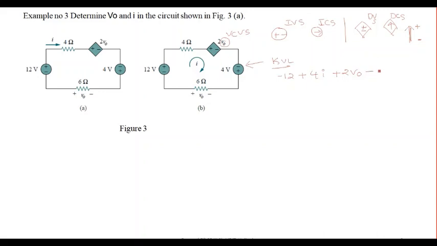And next what we have is minus 4, and here you have two options. Since polarity is mentioned, we can write minus 6I, or you can even consider it as minus V0 also. Okay, if you include minus 6I equal to 0, then we get two unknown terms. So what would be the best solution here?